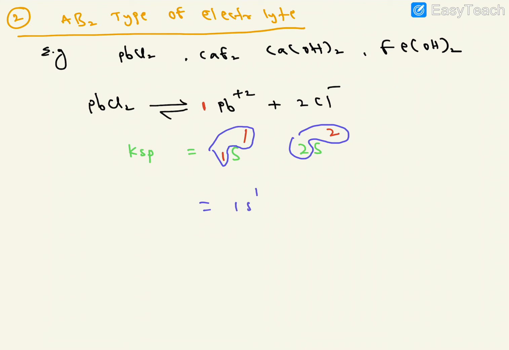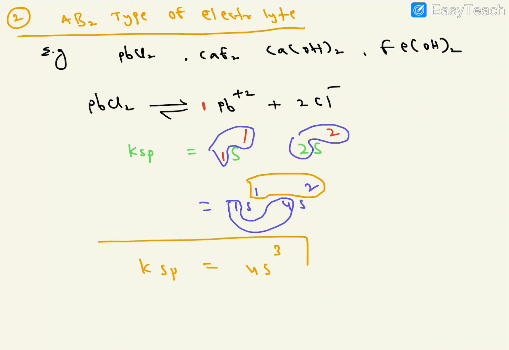So what we'll get here? Same 1s, and here 2 to the 4, that is nothing but 4, and s to the power 2, right? Now these two are multiplied, and next, these two are added. Simple. So what will we get here? 1 into 4, that is 4 only, and 1 plus 2, that is 3.